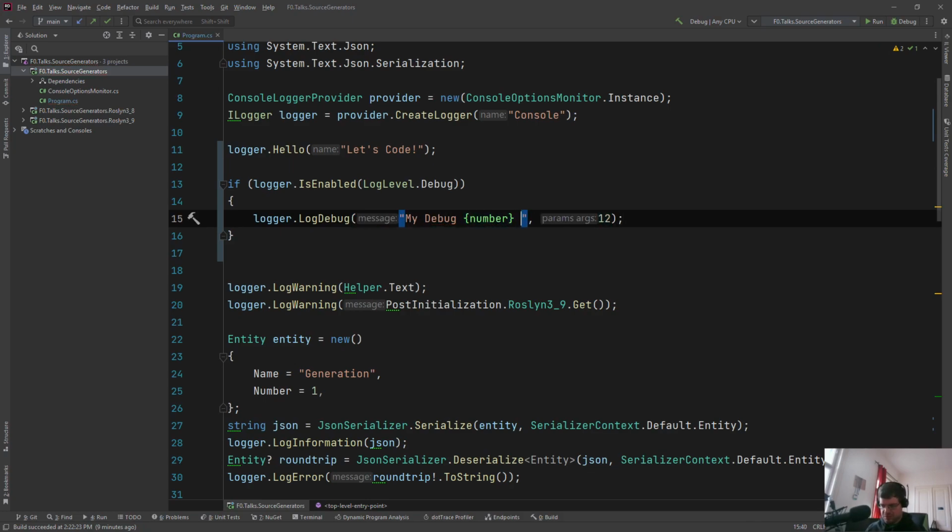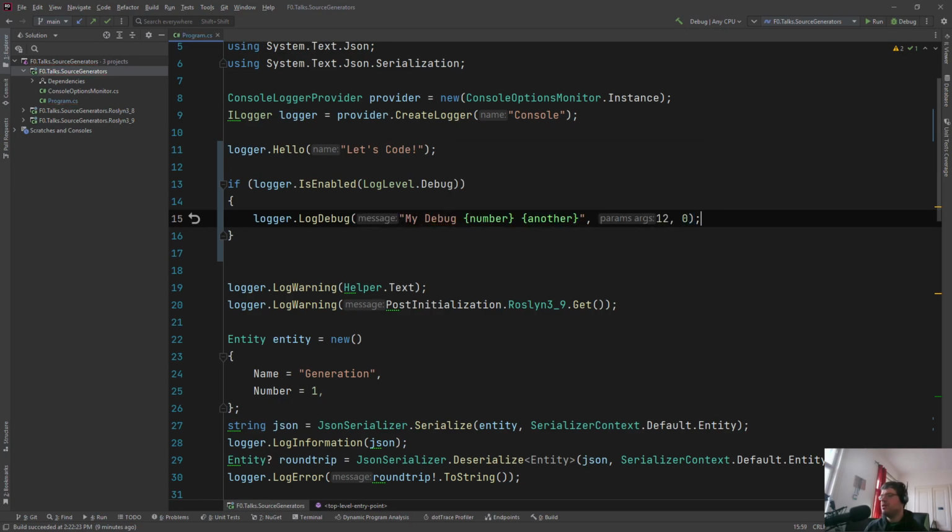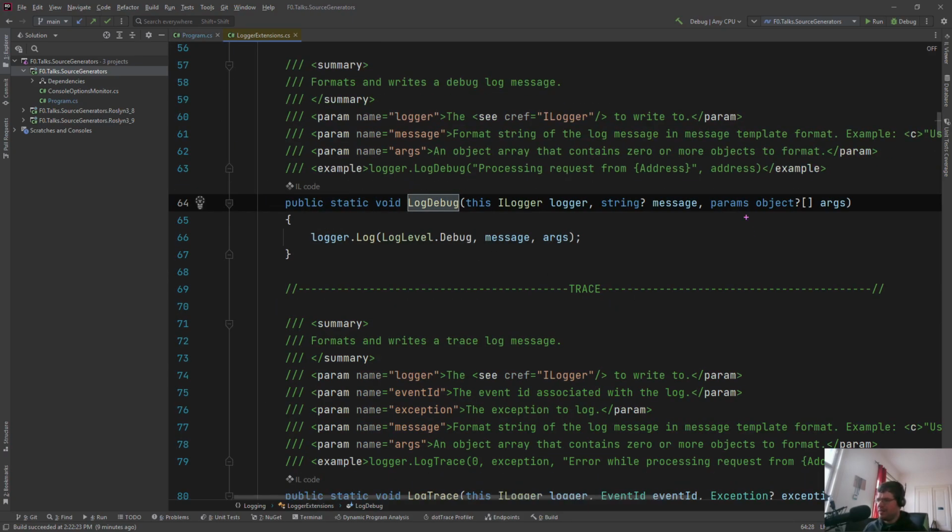Let's add another one, another, and 0. And if we would have this if check, we would always pass in the string and allocate here. So what we see here, there is a params args. So how those extension methods, those LogDebug and LogCritical, and all of them are implemented, if I have a look in the code, they have a params object array, which means,